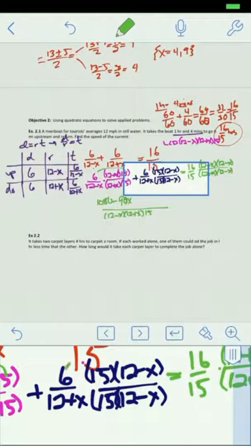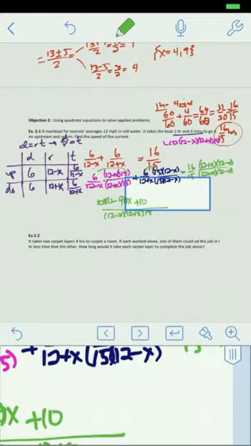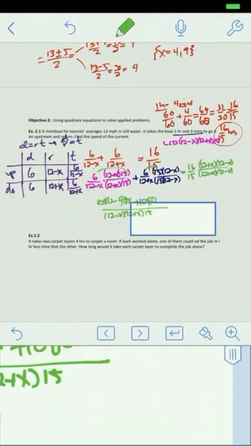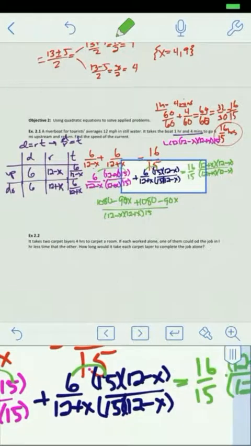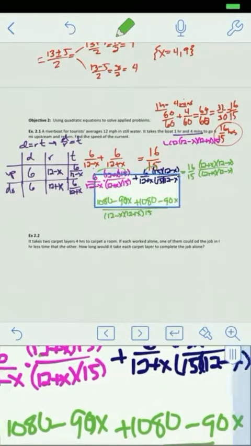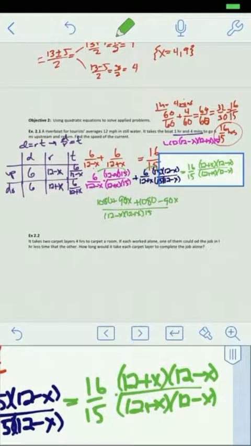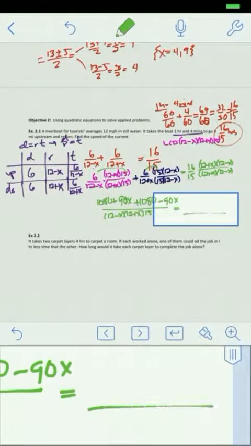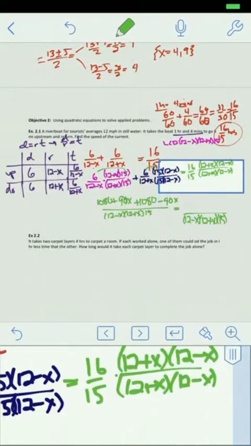Over here, I still have 6 times 15 again, so that's another 90 times 12, so plus 1080. And then again, minus 90. Oops, sorry, that was a plus x, so that should be a plus. Over on the right-hand side, I have a denominator of x. Oh, no, I don't. 12 minus x, 12 plus x, and 15, right? And then up here,